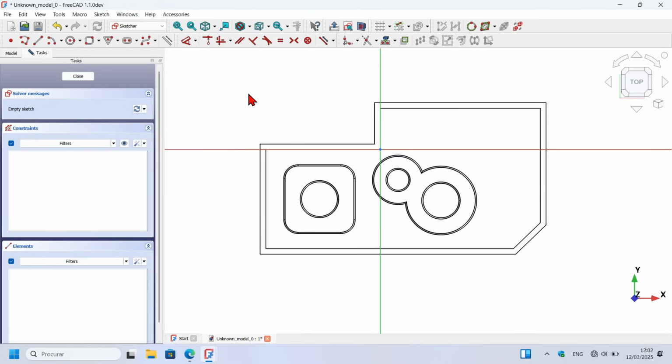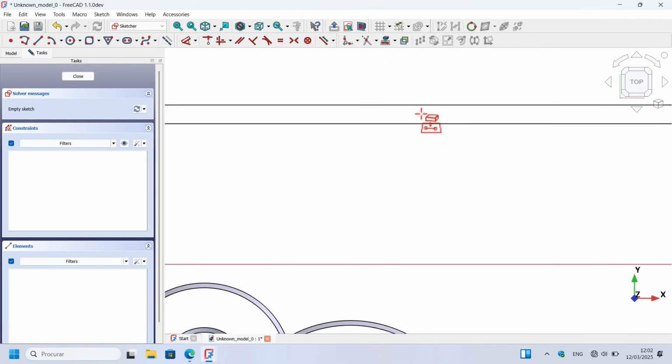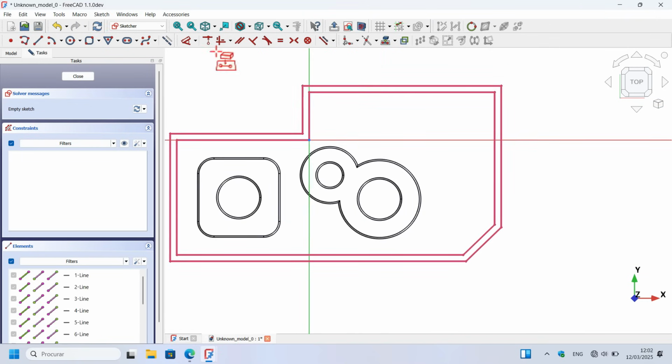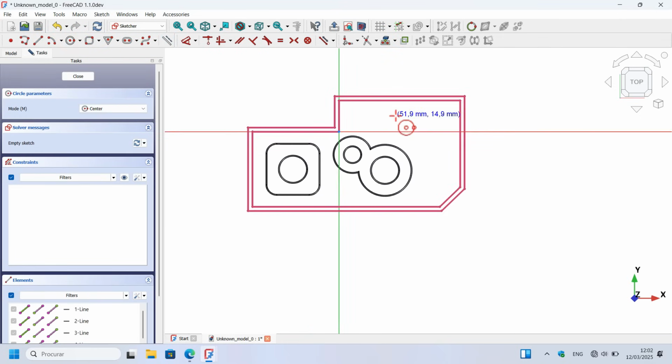Next, what I will do is to extract the edge of the solid here. To do that, I will first change the geometries to construction geometries and then use this tool here, create sketch projection, and then I will click on this face here, and as you can see I have this. Now I will change to normal geometries and I will select the circle tool, and the first thing that I